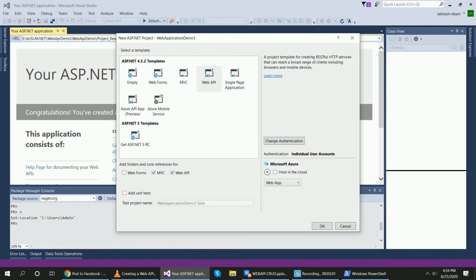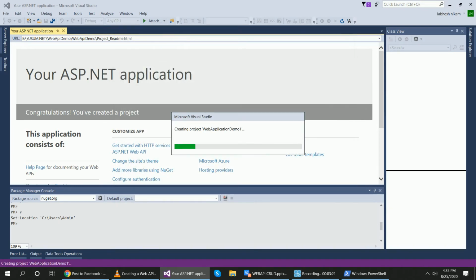To create Web API project, you will select Web API and select checkboxes of MVC and Web API. You don't want to put this project on cloud, so uncheck the checkbox of host in cloud and press OK.